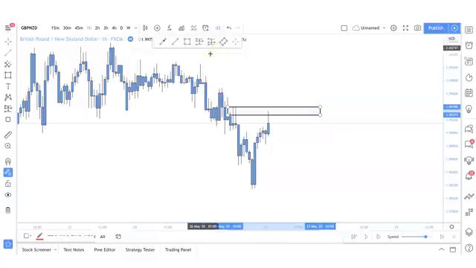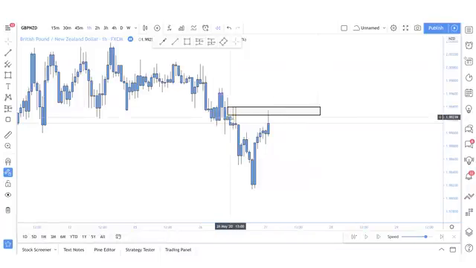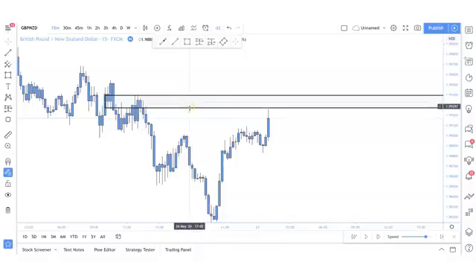The structure of the market is still to the downside. Nothing's really changed. Now we see price coming into this area in the market where there's multiple wick rejections, and look, we have a reaction. So now we're going to scale down to our 15-minute time frame and we're going to start to identify what's